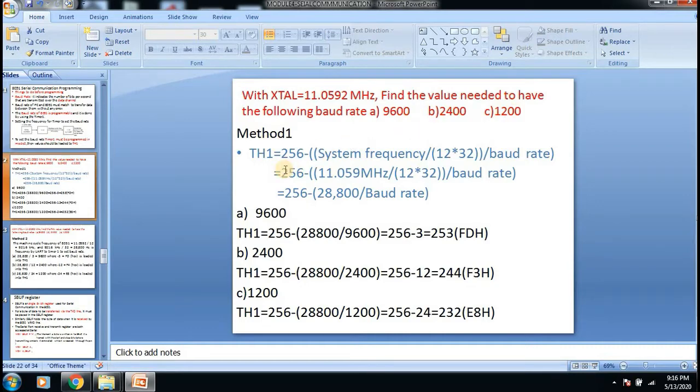We have a very easy formula: TH1 equals 256 minus the system frequency divided by 12 into 32, divided by the baud rate. As we know, timer 1 mode 2 is 8-bit, that's why it is 256.